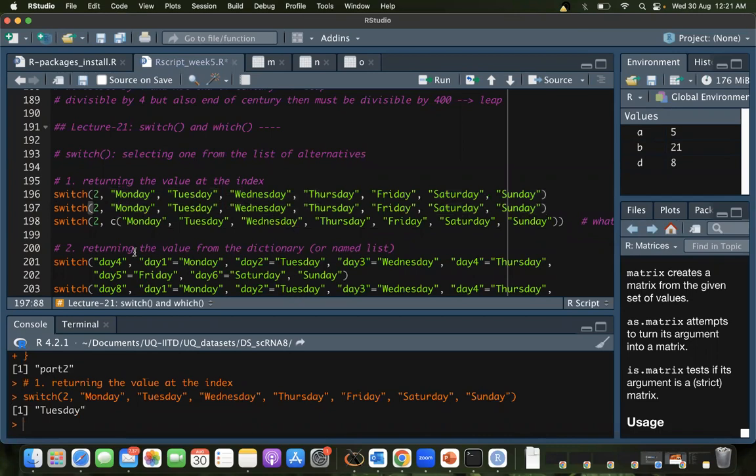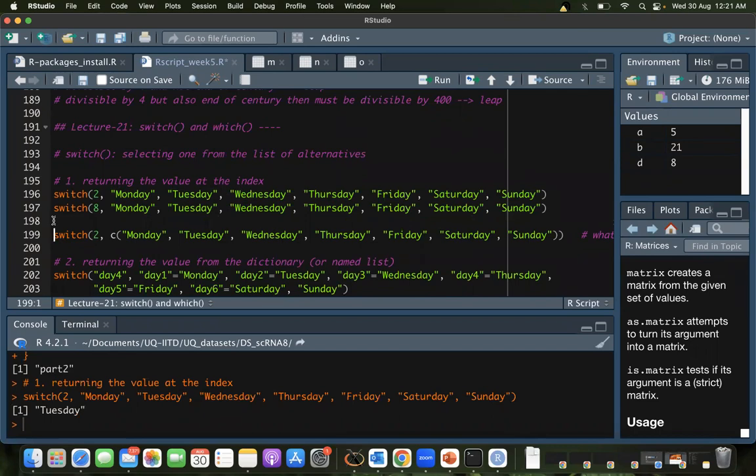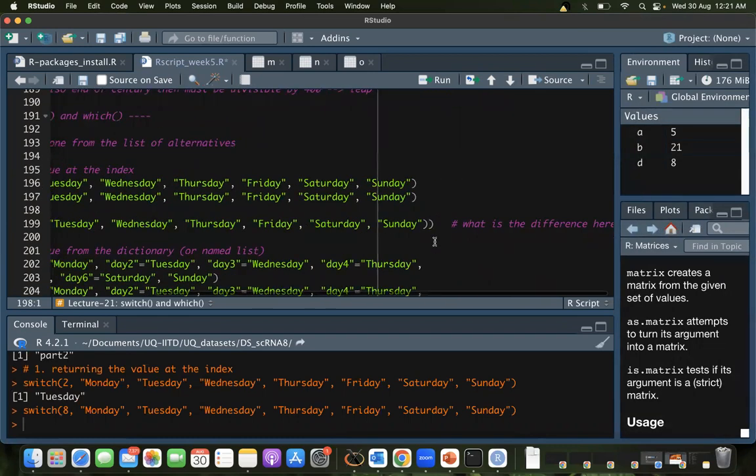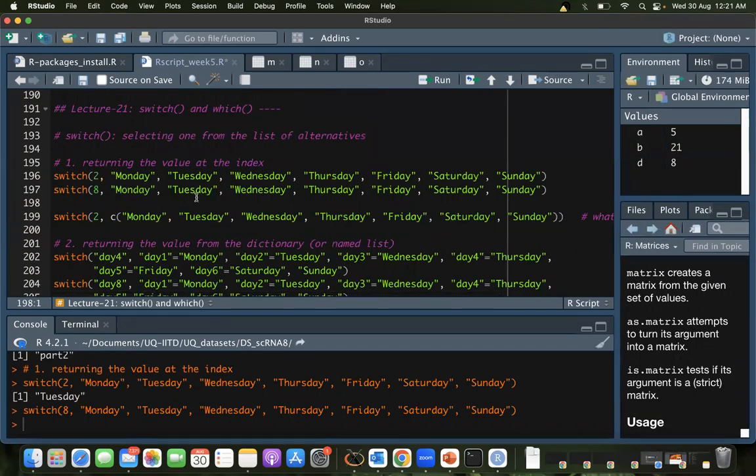Now, let's say instead of 2, I give it 8. Normally the last value is the default value, right? But one second. Okay, yeah.